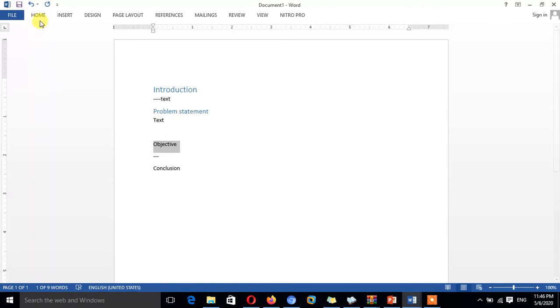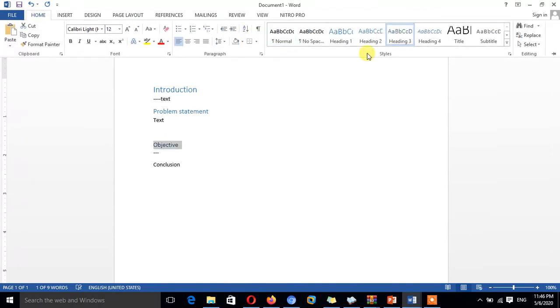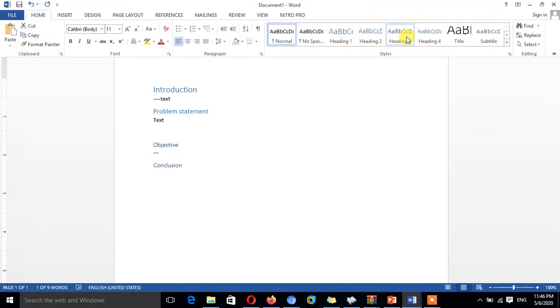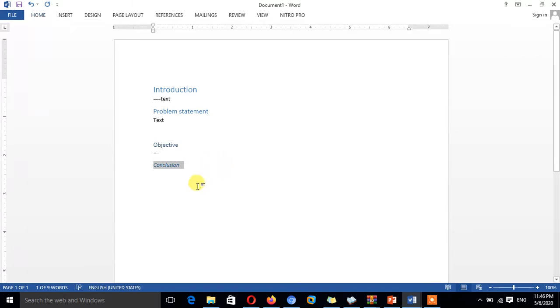Select here, provide the heading, select here, provide the heading. Now, once you have finished selecting your heading styles,